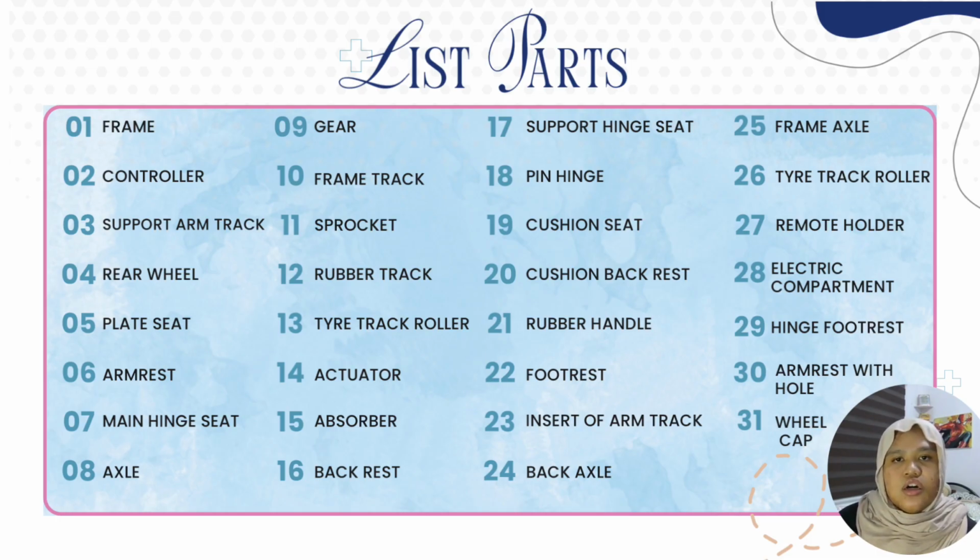So the next is for the user support. Parts like the seat plate, cushion seat, backrest, armrest, footrest, and hinge were designed to improve the ergonomics and adjustability of the wheelchair. The hinge mechanism allows folding and seat height